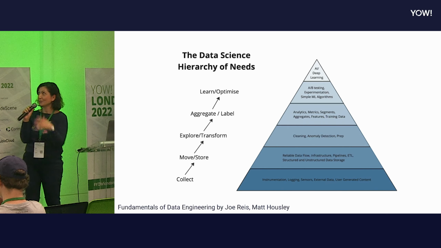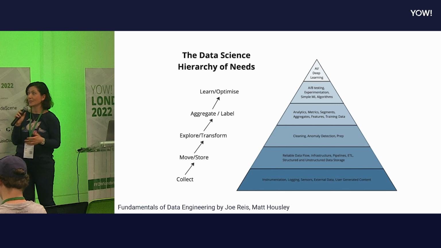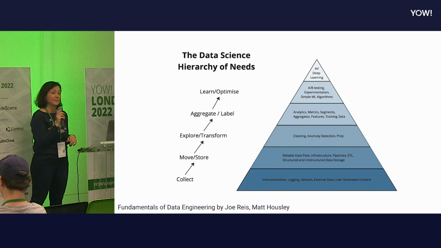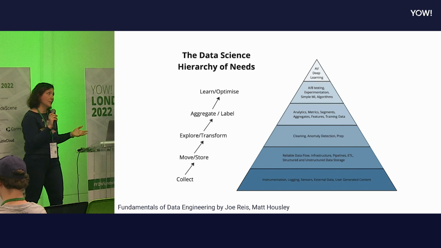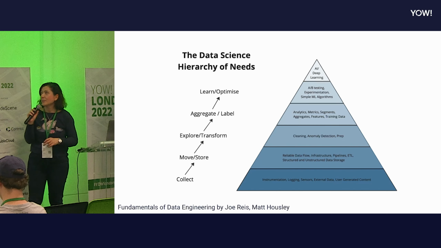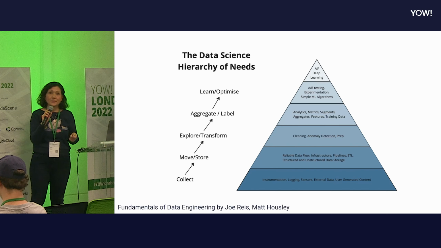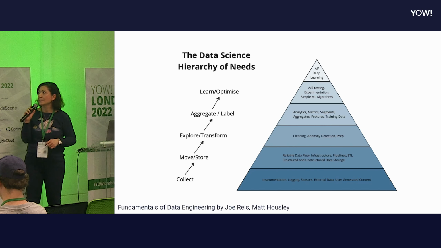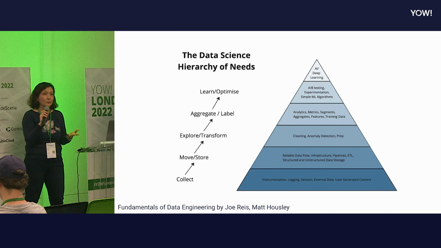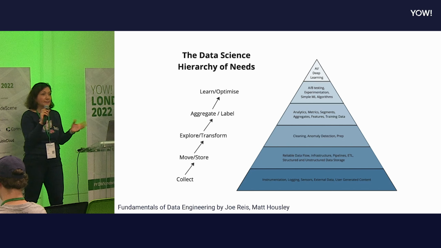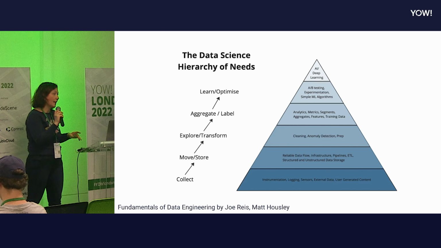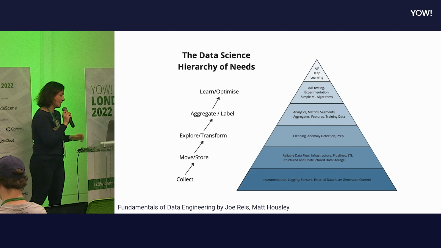Like, if you want to go to the Everest, you have the steps. You need to collect the data from multiple sources. You need to store them in structured or unstructured form via reliable data flows. You explore and do the transformations required. Then you need to aggregate to do the metrics and the labeling process. You will train the data and do the optimizations, which will give you the A/B testing or kind of validation of how good you are doing. And then you are there at the top of the nirvana.